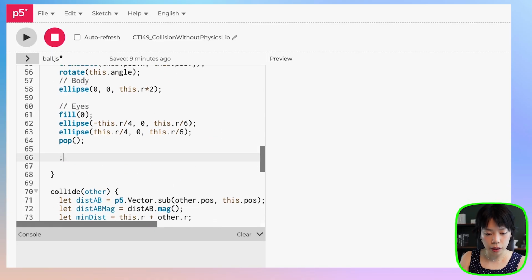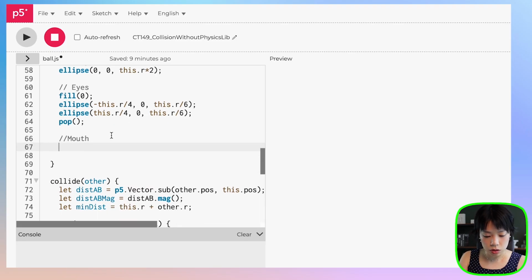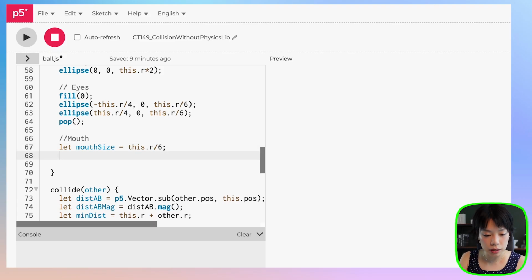Eyes, and then mouth, we're going to use the arc function to do this. So let's do mouth size as this dot r divided by 6, and you can play around, right? Whatever kind of face that you want. We're going to use the arc function, which takes in 6 arguments. The first 2 is going to be the center of the circle that the arc is being drawn on. So that is going to be just 0,